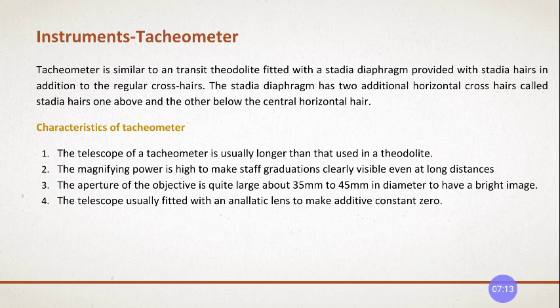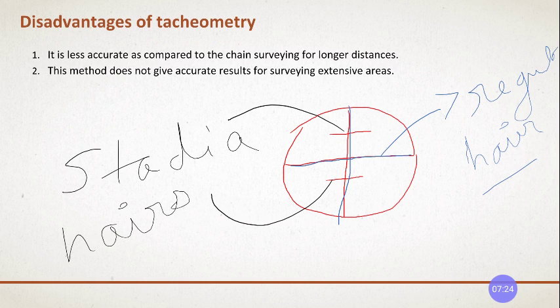So we saw in this lecture what the instruments are, and what the differences between the instruments are. We saw the advantages and disadvantages. We came to know what the stadia method is, and the stadia hairs and the regular hairs that are there. So this is for today's class, right? We'll study it in more depth, because this is a small chapter and it doesn't have much in it. If you understand the principle, just to understand how it works, nothing else is asked for the exam. We have some problems to it. It is very easy.